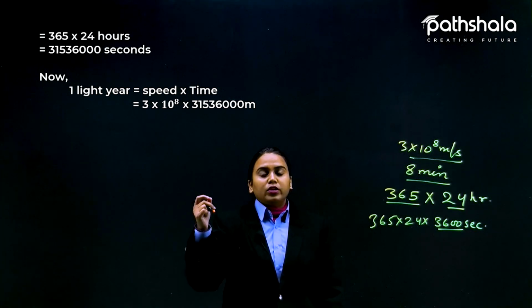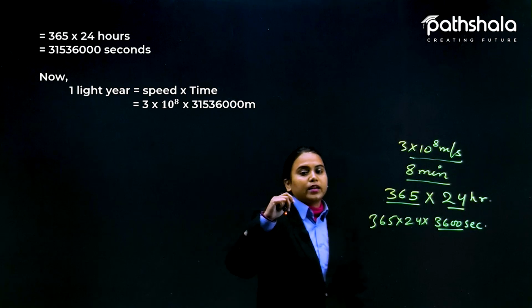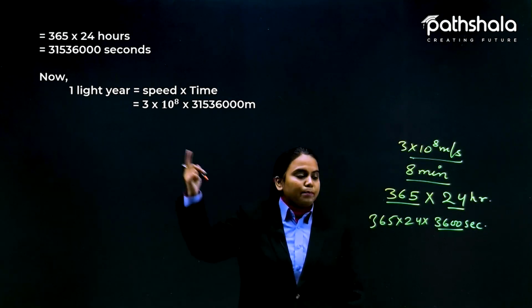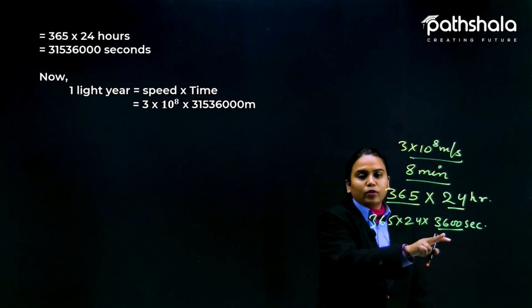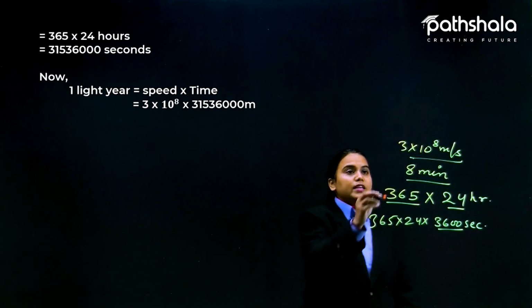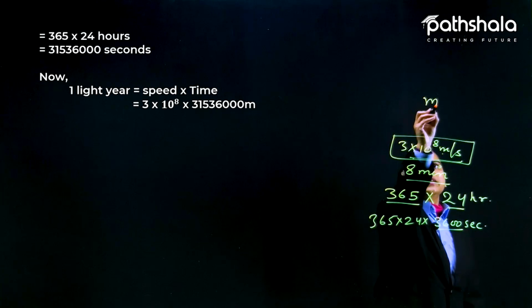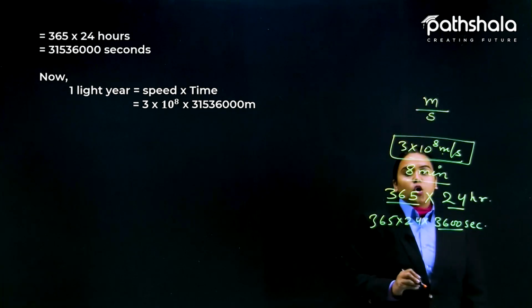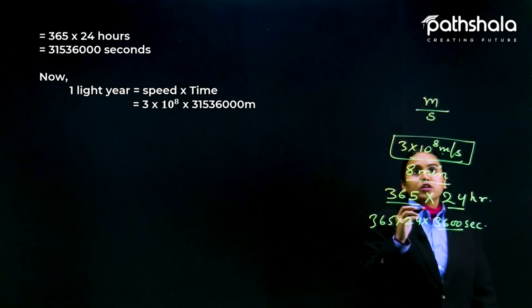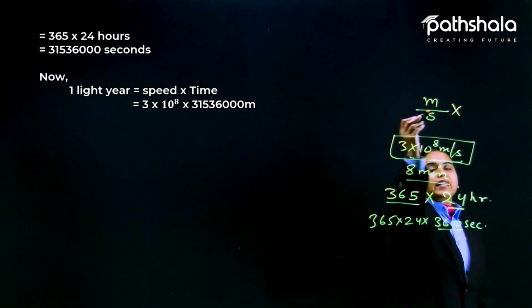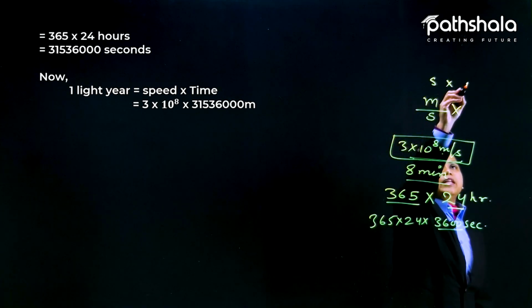And why do we need to take this into seconds? Because we have taken that part into seconds, right? These calculations are in the seconds part, because here the speed is in meter per second. So we need to multiply it by seconds, because speed multiplied by time